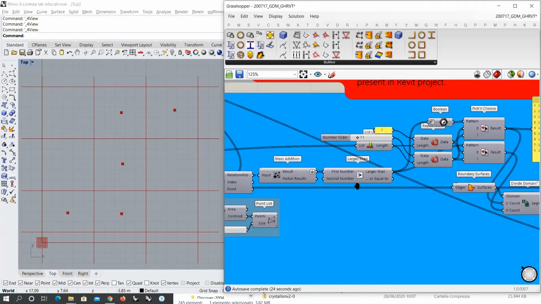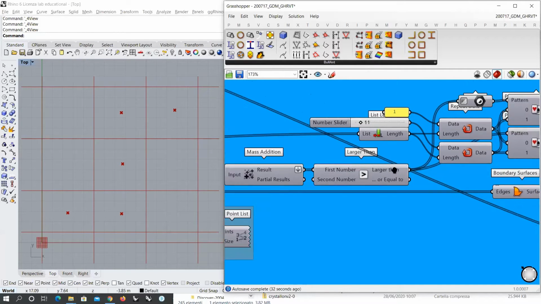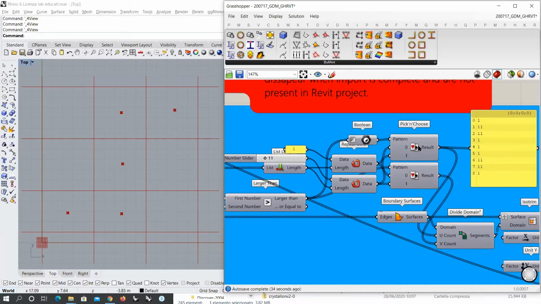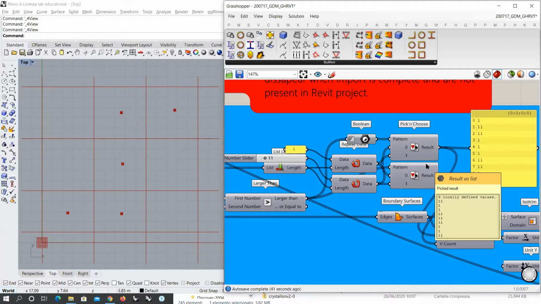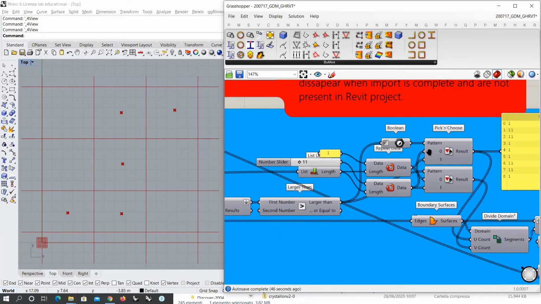Okay, so I simply evaluated if the actual value is larger than 1. So this gives us a set of true falses. And then I'm using this. This is something that I'm not going to describe in detail. This is, once again, not a smart work. This is just for selecting things properly. So you see that here, for example, what I want to do is use this part of the definition, not to isolate one set of cells from the other set. I want to use this